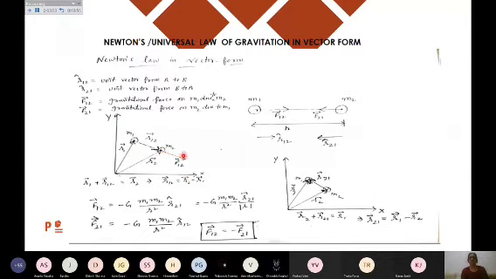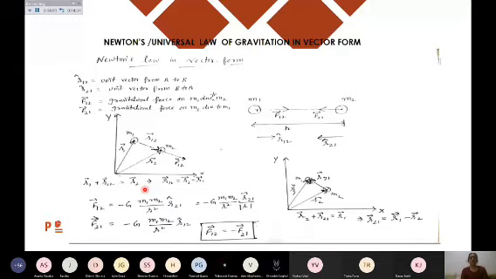And if in a numerical problem you have to find this displacement vector, then of course you will be given the position vectors of m1 and m2 that I have written as r1 and r2. Now this r12 is the direction when I'm moving from 1 to 2. And if I want to find its value, I can apply the triangle law of vector addition. These two vectors r1 and r12 are in the same direction. r2 is the closing side of the triangle, but in the opposite order. So using the triangle law of vectors, I can write r1 plus r12 equals r2, or the value of r12 equals r2 minus r1.